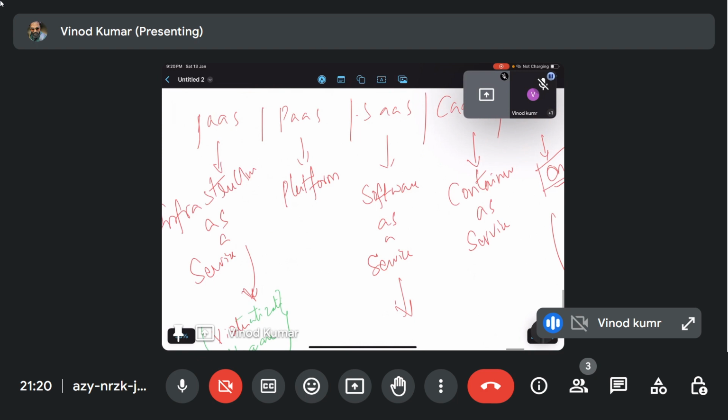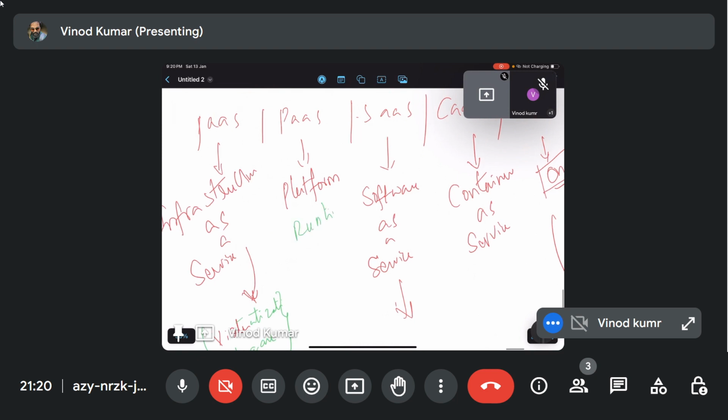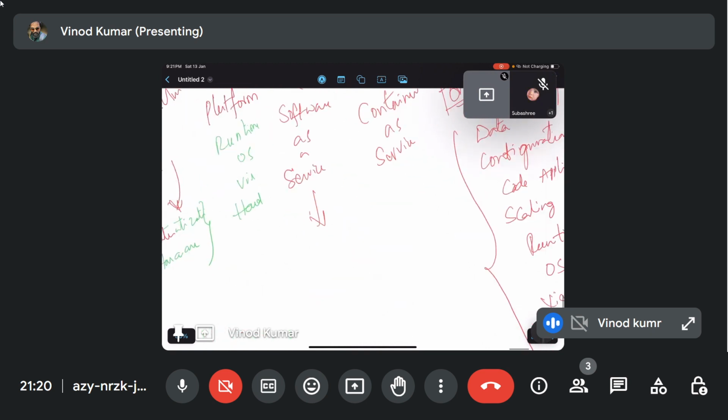And the second one is PaaS, platform as a service. We have to use runtime services, OS services, the same virtualization and hardware. Coming to software as a service, we have to maintain only the scaling part and also runtime.